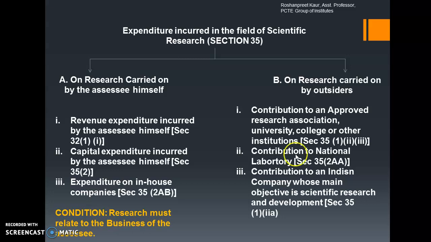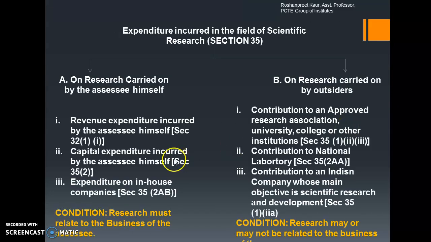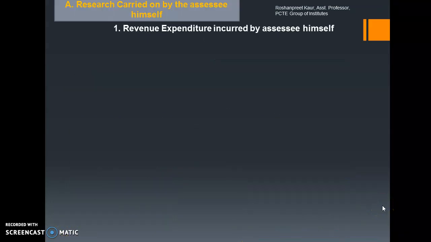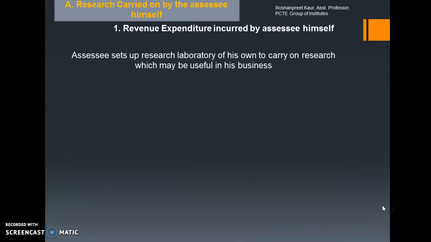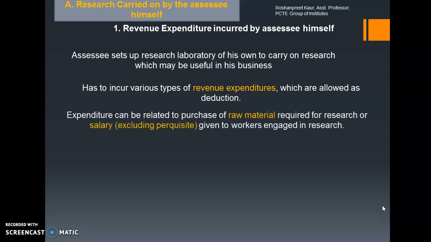So I'll start with point A, that is, if the research is carried on by the assessee himself. Now, the first point here was revenue expenditure incurred by the assessee himself, so I'm going to discuss that. In case the assessee sets up a research laboratory of his own to carry on research which may be useful in his business, if the assessee is doing any research related to the business, and while doing that research the assessee has incurred certain revenue expenditure,